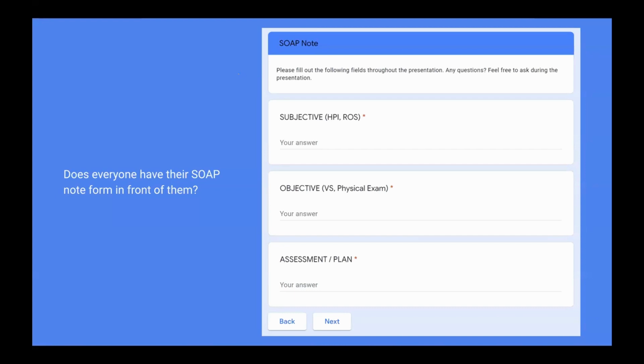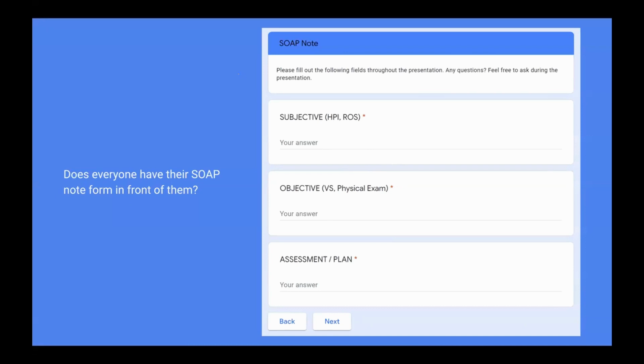Now, on the other hand, objective, does anyone want to take a stab at what will go in there and how is that really different than subjective? Vitals, things we can measure and see as the physician. Perfect. Both of you guys nailed it. Seema and Catherine, perfect. So objective is now going to be things that we are observing as the physician. So now it's going to be, as you mentioned, vital signs, physical exam. So rather than saying abdominal pain